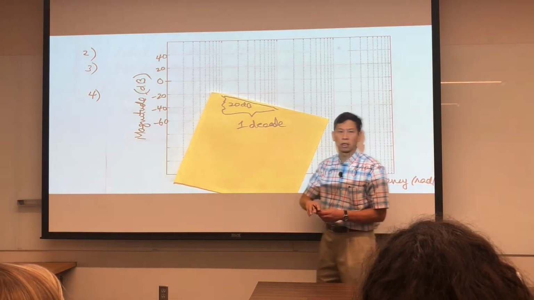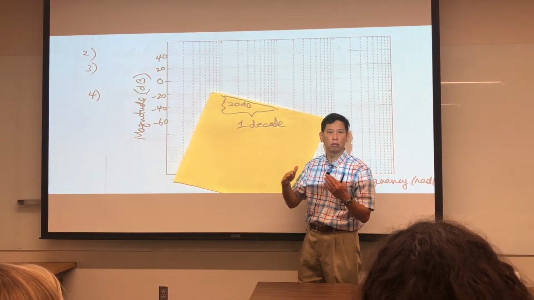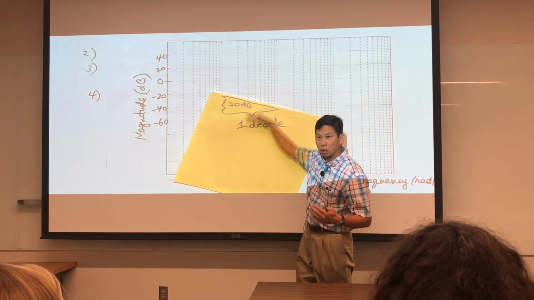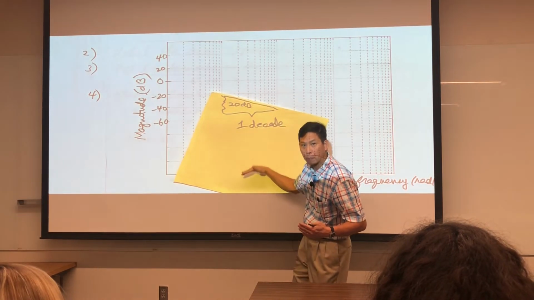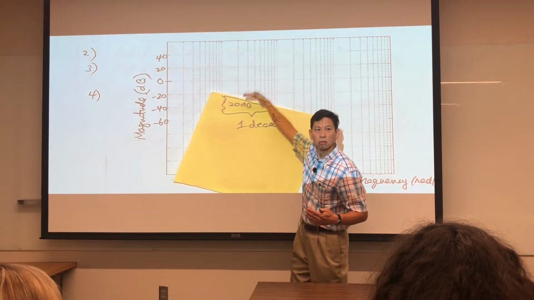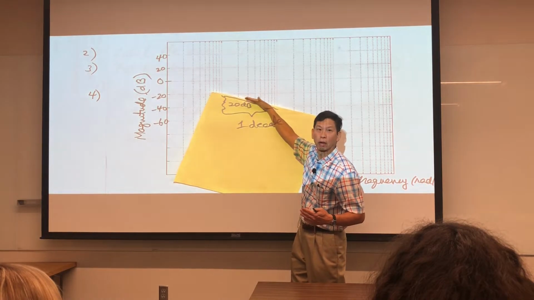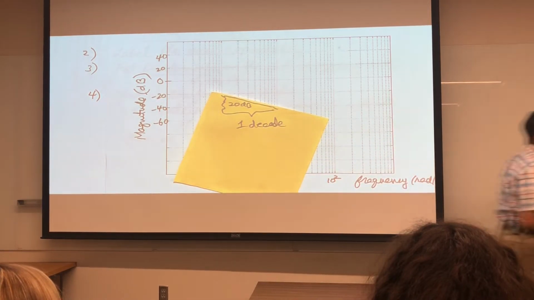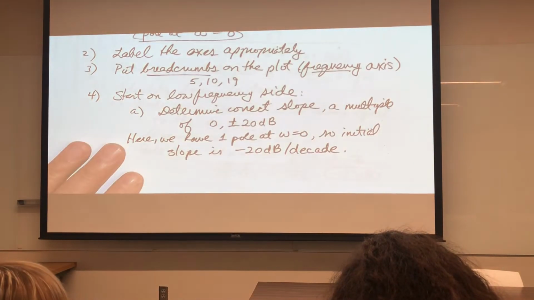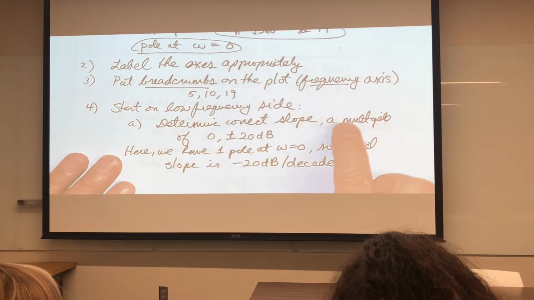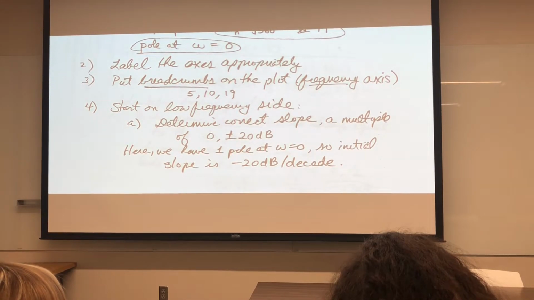But we all know the equation of a line. It's got two parameters. It's got a slope, but it's also got a y-intercept. I've got to figure out where this line goes, up or down, like this. Okay, so I've got to draw the line in the correct place. So I've determined the correct slope. Start on the low frequency to determine the correct slope. But the next thing I need to do is,